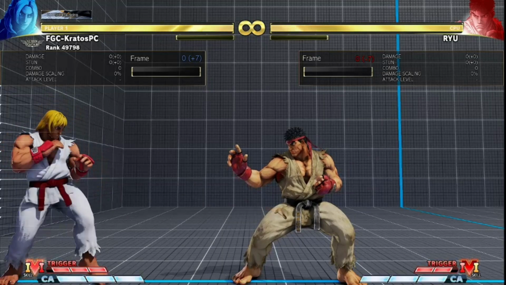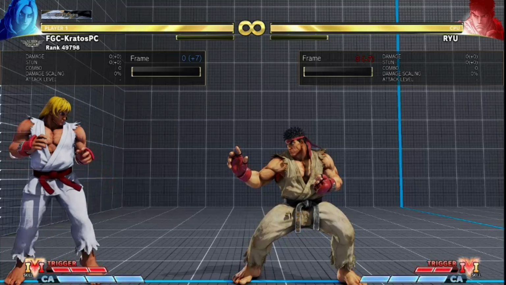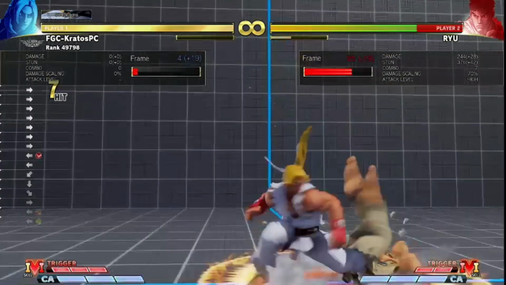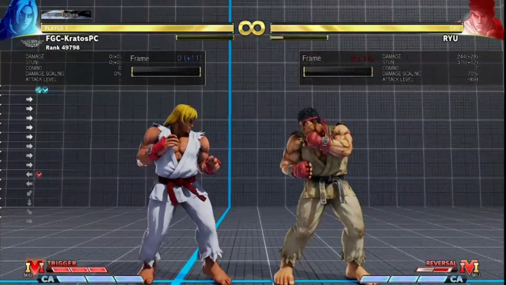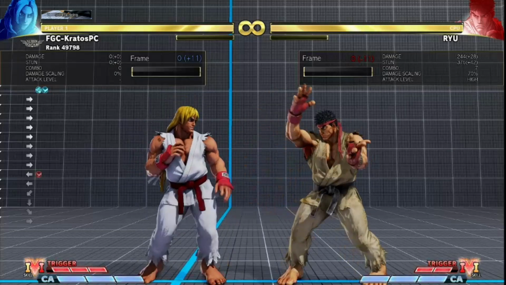The introduction of V-Shift has already changed the landscape of offense in Street Fighter V, but one thing remains very strong, and that's meaty throws. As you can see, the V-Shift avoids the meaty throw, but the throw doesn't trigger V-Shift to enable a V-Shift